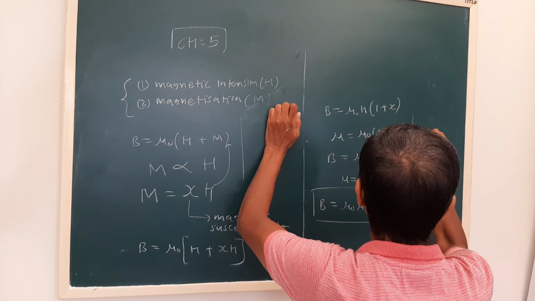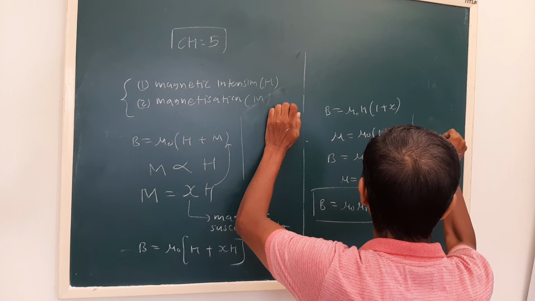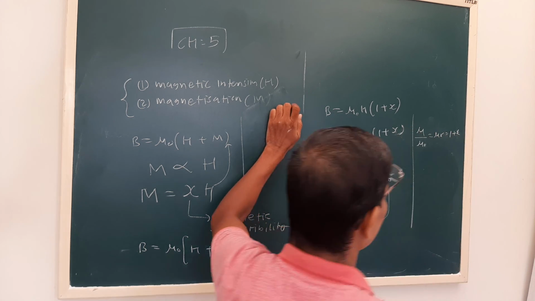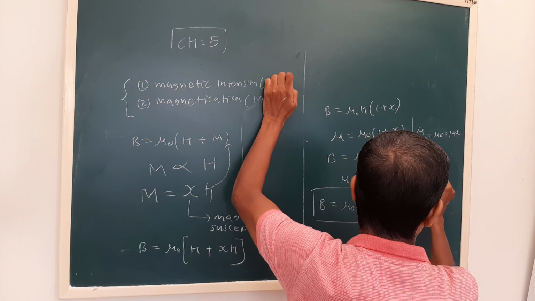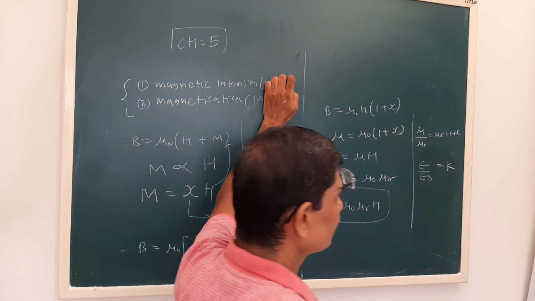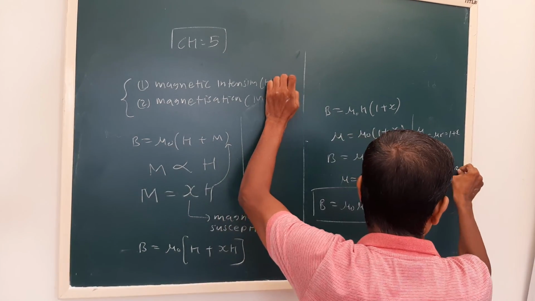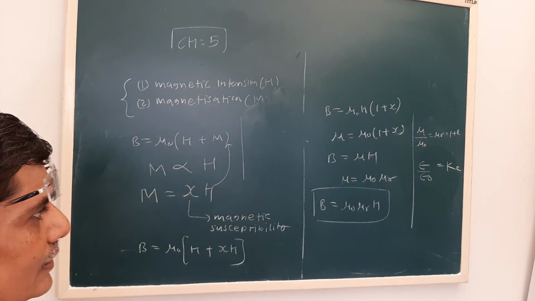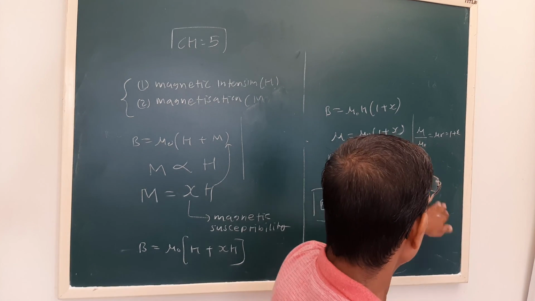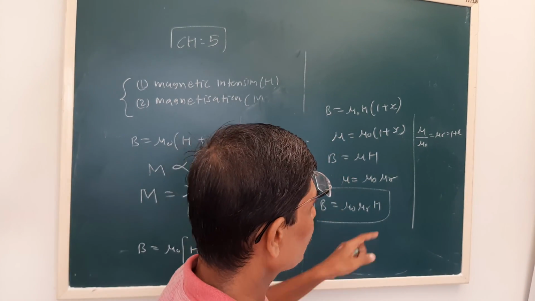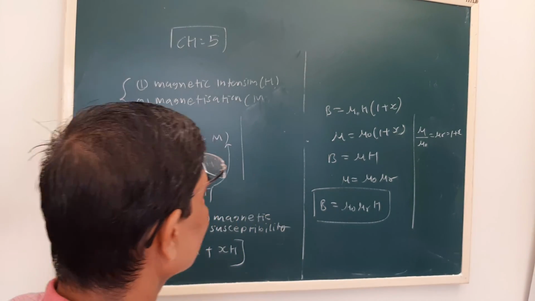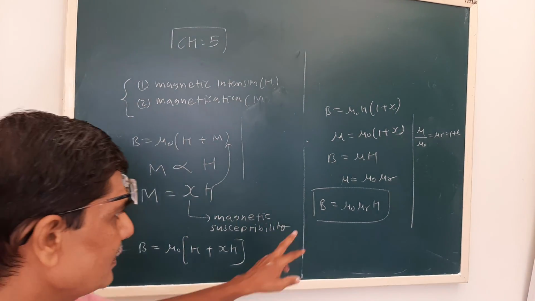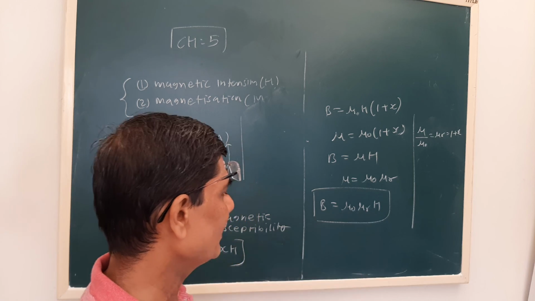Now sometimes we have mu upon mu 0 is mu r, which is 1 plus chi. This also has a resemblance: epsilon upon epsilon 0 we call K. That is the dielectric constant that we used to write. In some books it is mentioned epsilon upon epsilon 0 is Ke. So here mu upon mu 0 is mu r. That is Km also, sometimes they write Km. So this is B is equal to mu 0 mu r H.